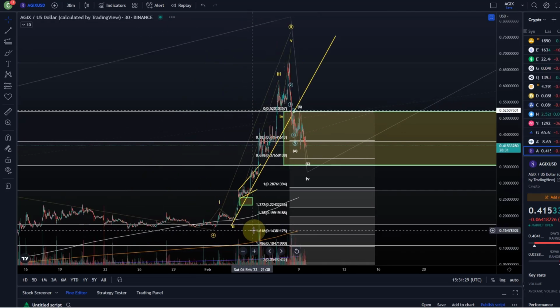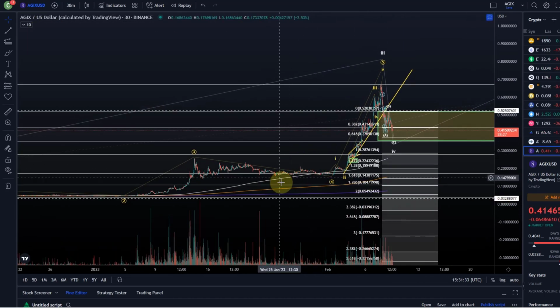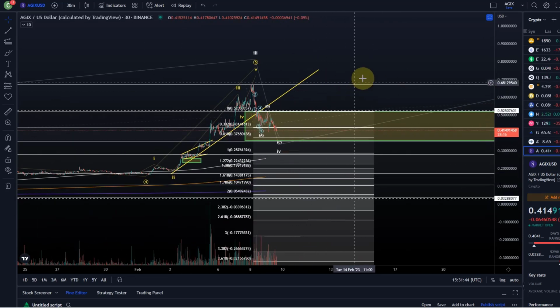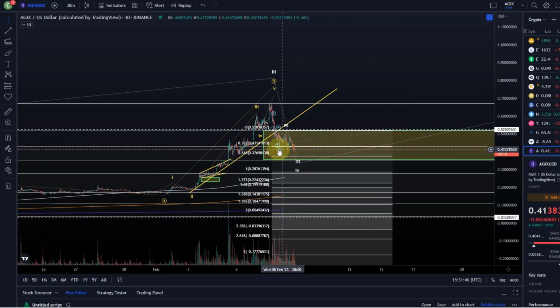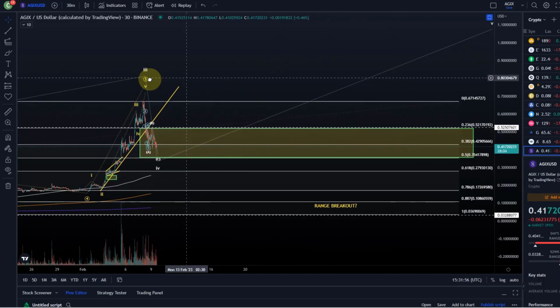But then we have come down so far that probably the entire move up has failed. Yeah, and then we are heading down as an impulse compared to a correction to the upside. So we obviously have the possibility to observe now this support area. So next key support zone is sort of between that 61.8 extension at 37.6 cents and the 50% Fibonacci retracement